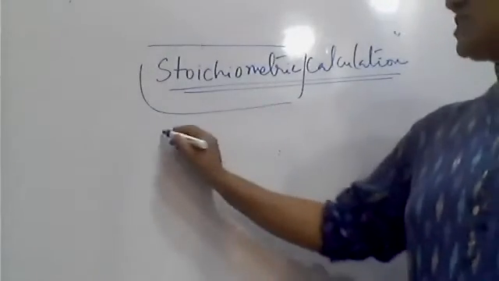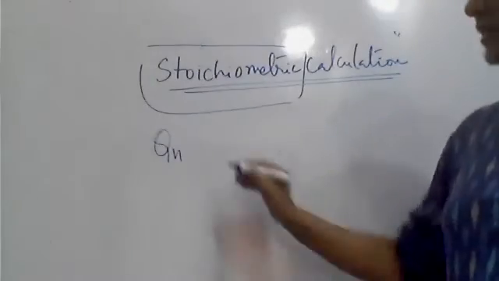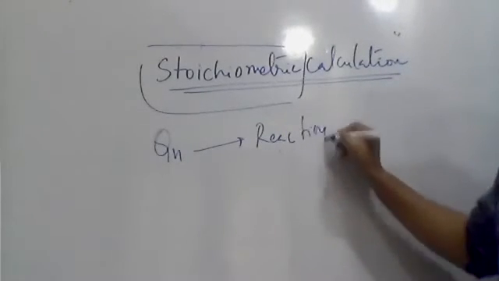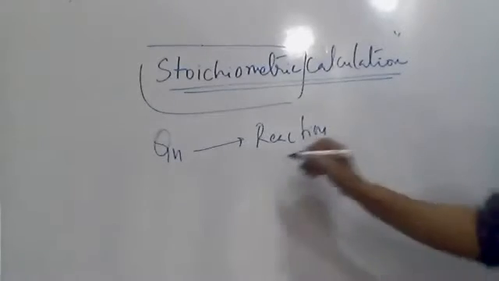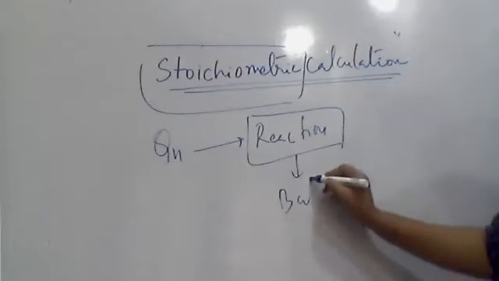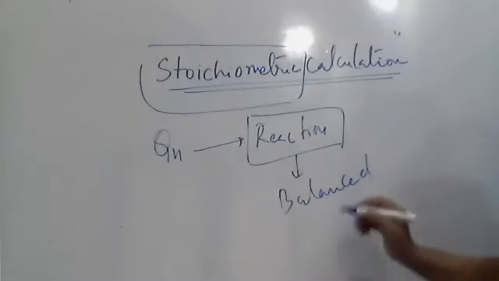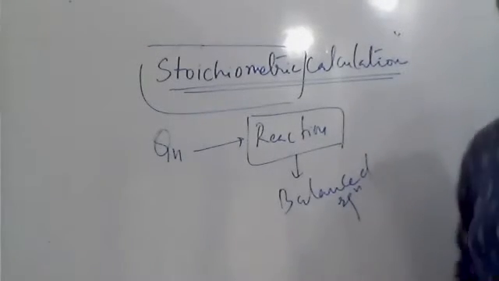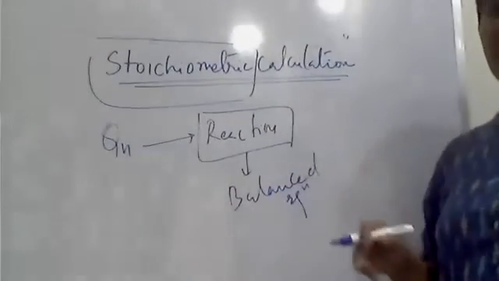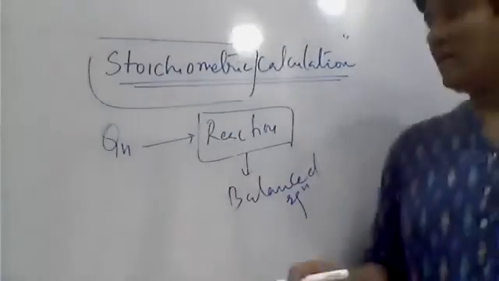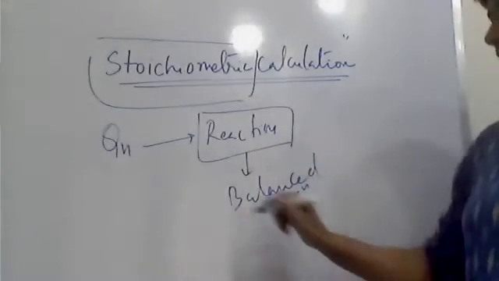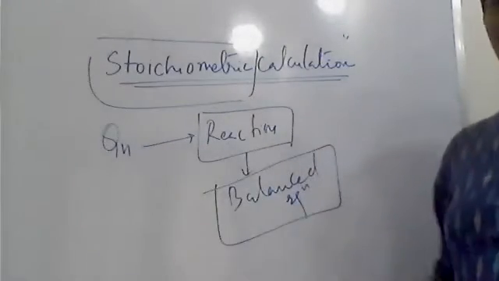Please listen carefully. In a question, a reaction is mentioned. For this reaction, you have to first write a balanced equation. Listen carefully how to solve the stoichiometric calculations. So in a question, a reaction is mentioned, and for that, first you have to write the balanced equation,